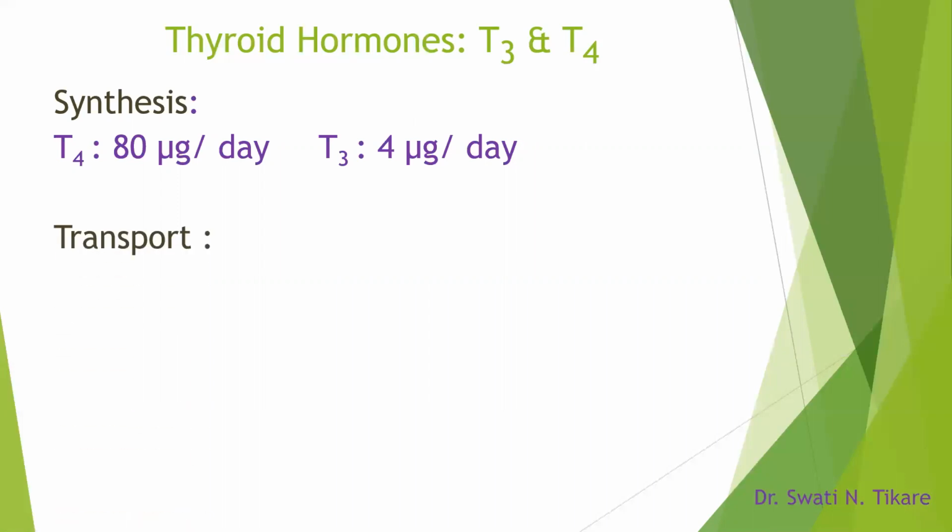Next, coming to once they are released into the blood, how are they transported? Okay, how are they transported? They are transported in two forms. As usual, either in the bound form or in the free form. Remember, the majority of it, 99.9%, is transported in the bound form. You know, the free form will have its action only when it reaches the target organ.